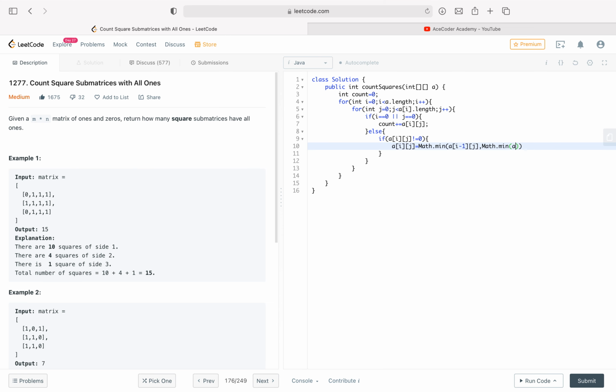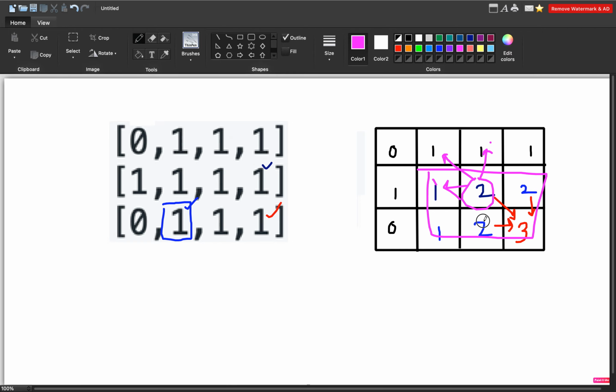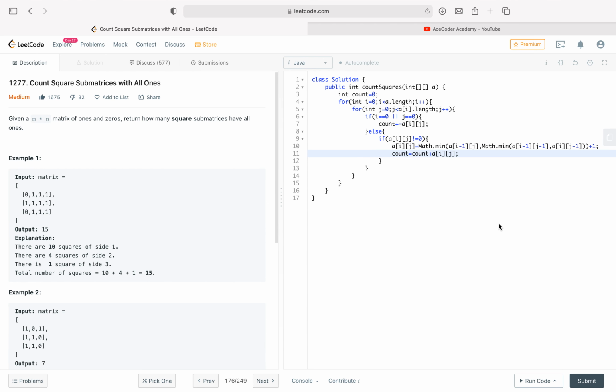I will take the minimum of all these values, a[i-1][j-1], a[i-1][j] and a[i][j-1], and I'll add 1 to it. And I have to increase my count also. Count should be increased with the previous count plus a[i][j], the present value which is present here. Like if 2 was present here, I have to add 2. So that is what we have to do.